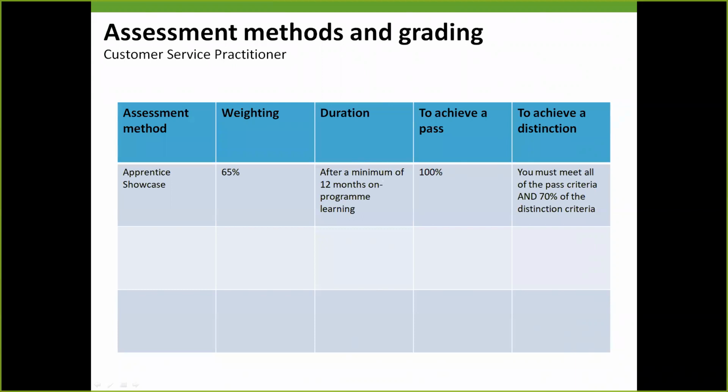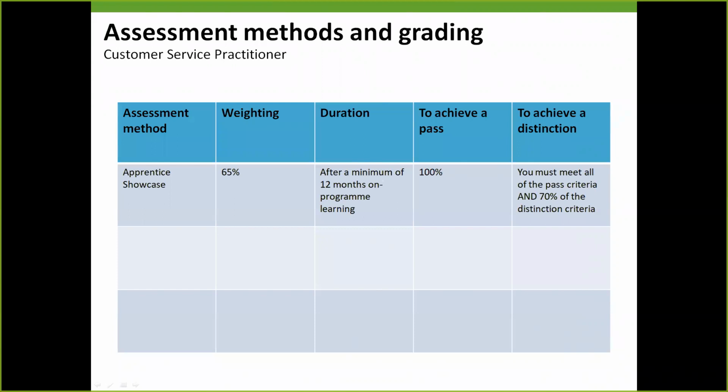So if you do find that your endpoint assessment organisation is using a virtual method, then I would suggest that the apprentice needs to be trained in that technology so that they feel confident using it. I would also ask your endpoint assessment organisation if you can have a copy, for example, of the external brief. There's got to be an external brief that comes with the apprenticeship showcase. So ask if you can have copies of that so that you know how to prepare your learners for the